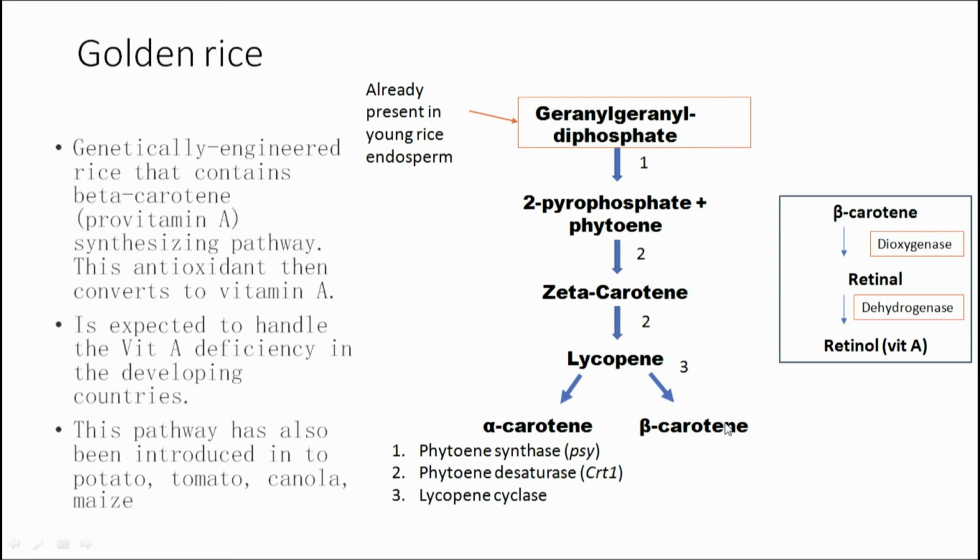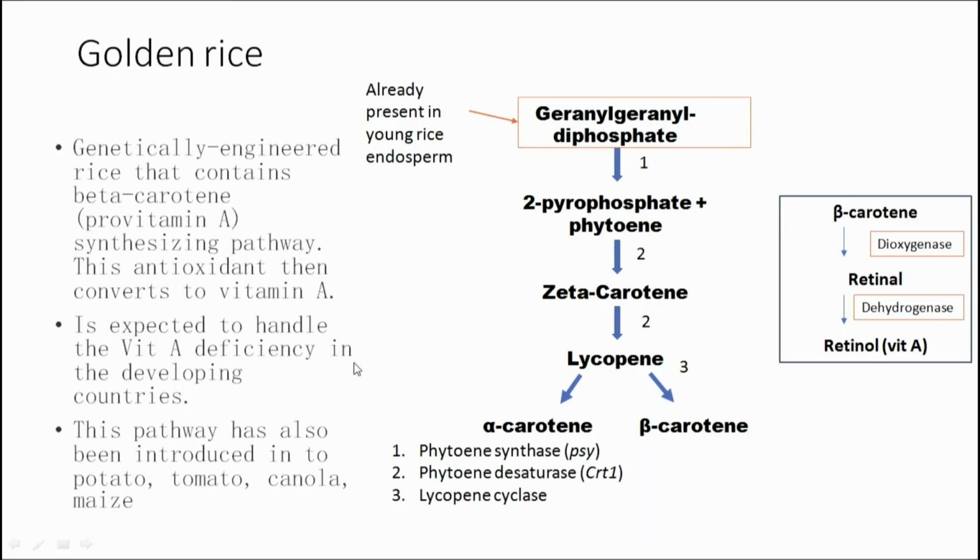accumulate beta carotene. At this stage, once you have synthesized the beta carotene, okay, then the other two enzymes are already present in the rice which can give you vitamin A. So, in other words, now a rice grain, you expect to see that it will also have vitamin A. Okay. So, what does it really achieve? If you have golden rice, or the rice which also has vitamin A in it, it is expected to handle the vitamin A deficiency in the developing countries, because otherwise the supply of vitamin A is kind of limited in